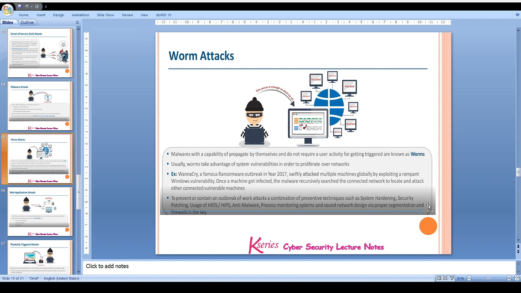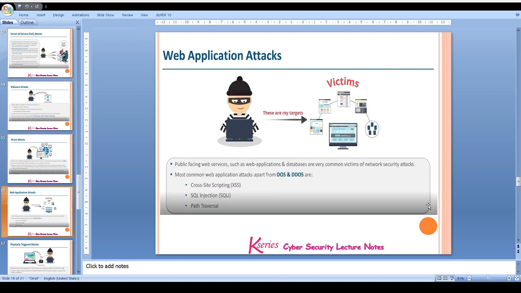For example, a famous ransomware outbreak in the year 2017 swiftly attacked multiple machines globally by exploiting a rampant Windows vulnerability. To prevent or contain such an outbreak of worms, system hardening, security patching, usage of anti-malware, and process monitoring systems can be of help.